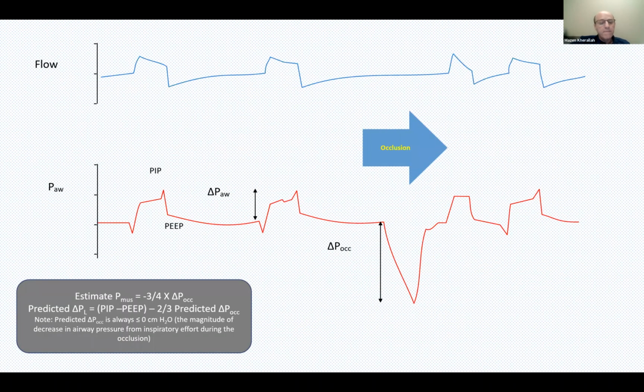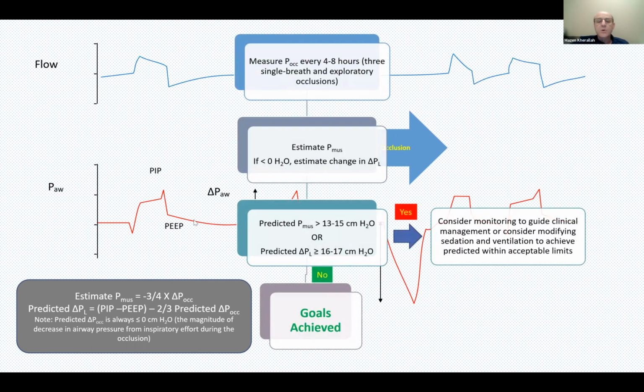So not only can the esophageal pressure be estimated, but you can also estimate the muscle pressure. And that is related. You can take 3/4 of that occlusion pressure. It may give you a good estimate of what the muscle pressure is. And in this study that we talked about also, you can have it in your ICU where you can do the occlusion pressure. If the muscle pressure, the predicted muscle pressure, is more than 13, at that time you need to